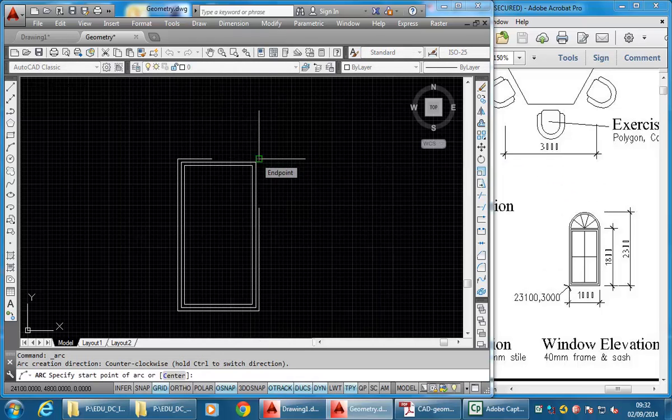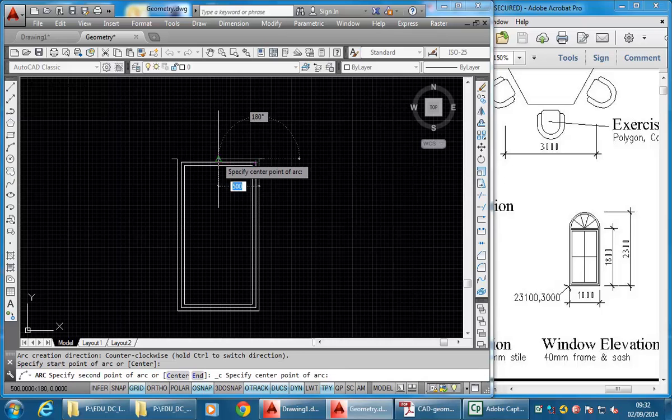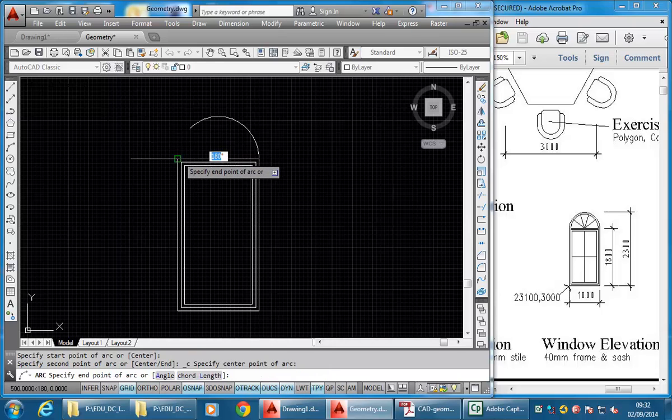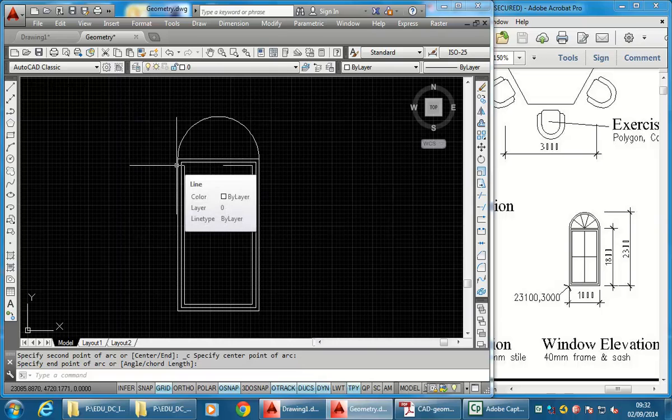And then if you click on the corner on the top right, start it, then go to the midpoint on the top of that window jamb, or top plate, then across to the other corner. That'll give you an arc that fits exactly across that window width,